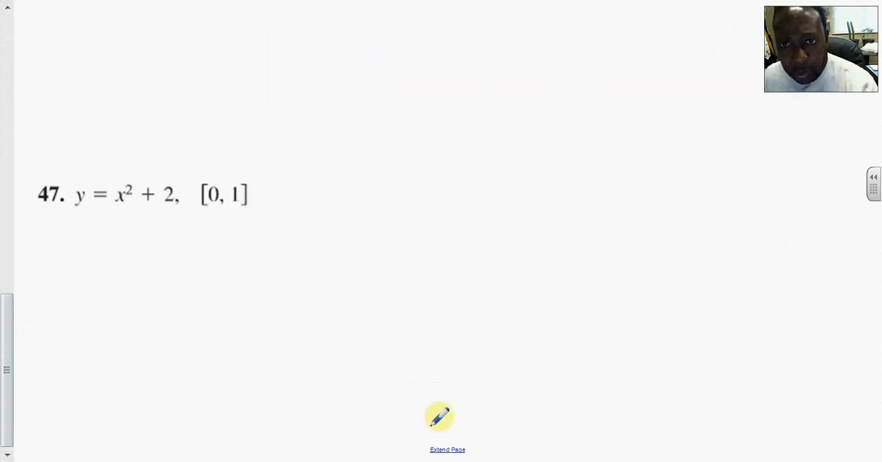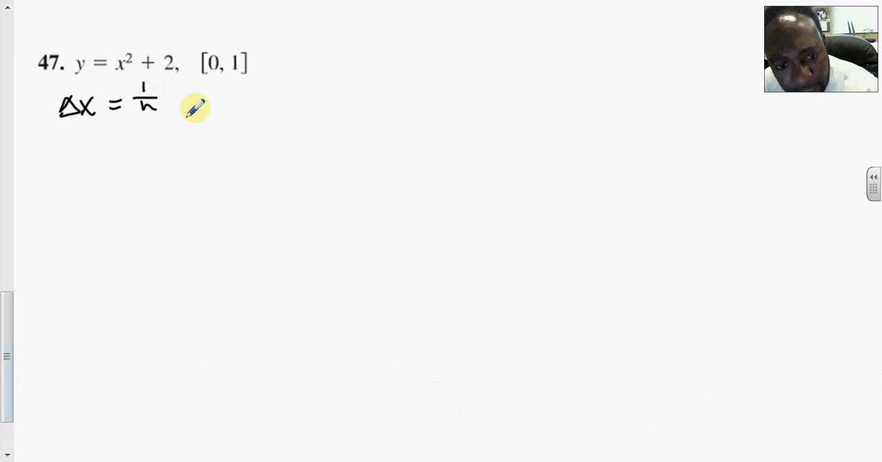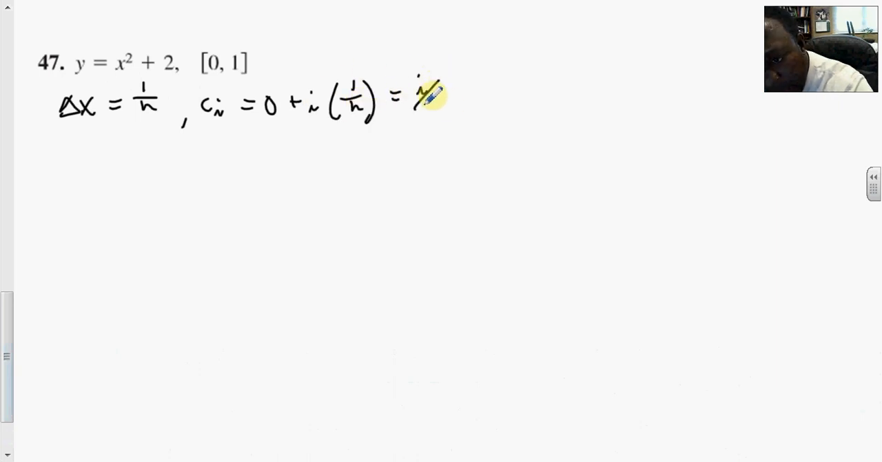Okay. One more here. All right, so delta x is 1 over n. c sub i is the 0 plus i times 1 over n. So here I get 1 over n again. What helps me is that we start at 0. If not, we get a number plus the 1 over n. And so now the area